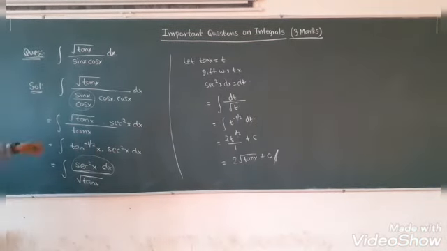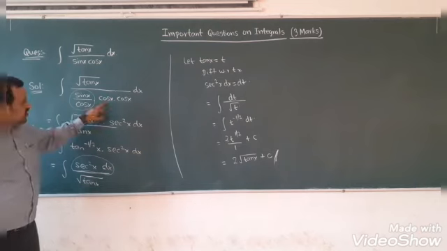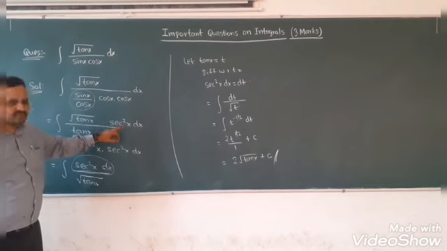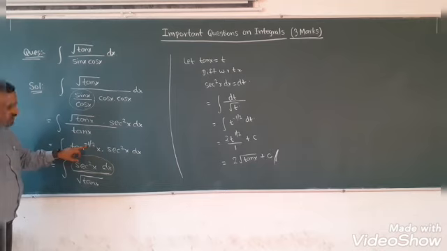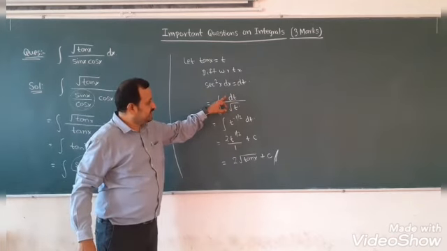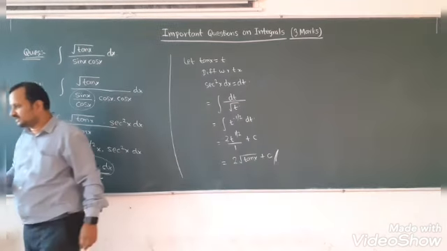So what we did here is we multiplied and divided by cos x. So sin x by cos x is nothing but tan x. Cos x into cos x, so cos square x will go up and it will become secant square x. Now if you simplify this, you will get tan to the power minus half x, and this is secant square x. So tan to the power minus half will go down and it will become root tan x. Assume tan x is equal to t. Differentiate. You will get dt by root t. Simplify. Finally you will get this answer. Let us see one more question.